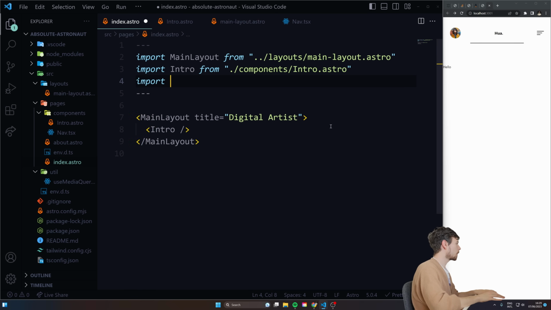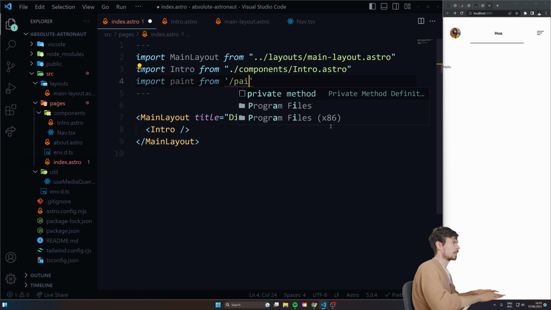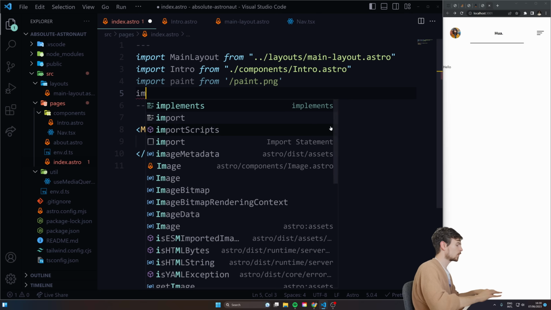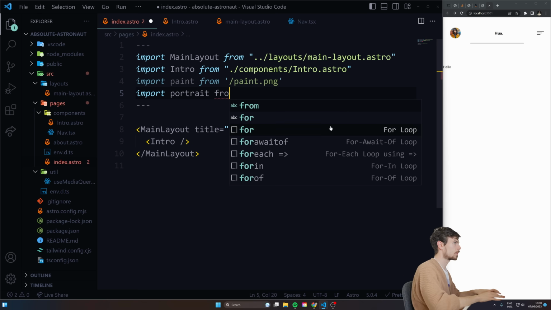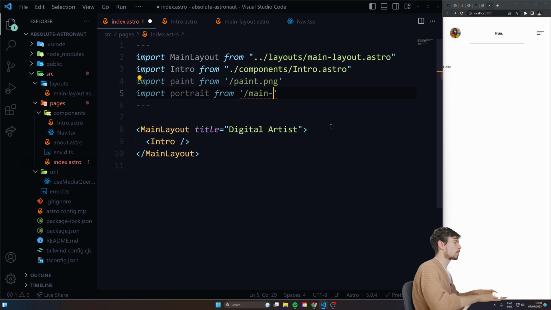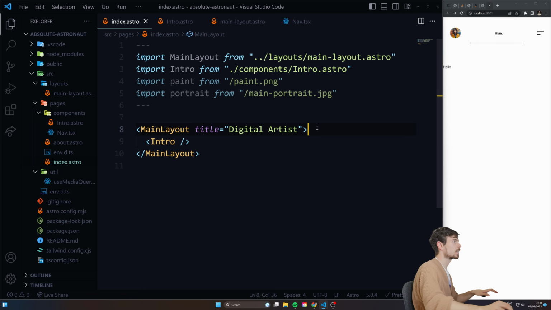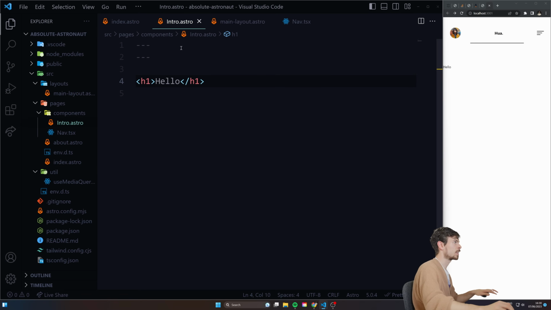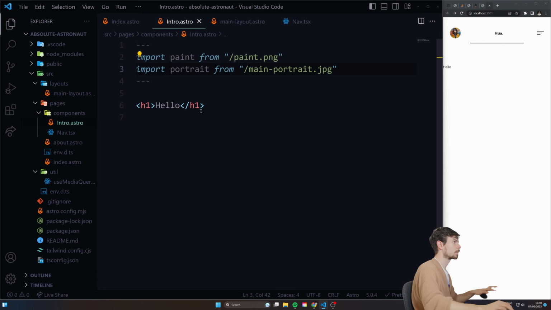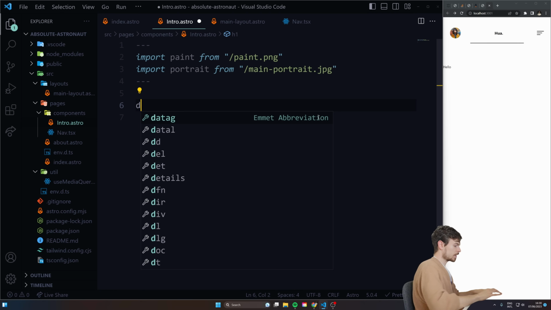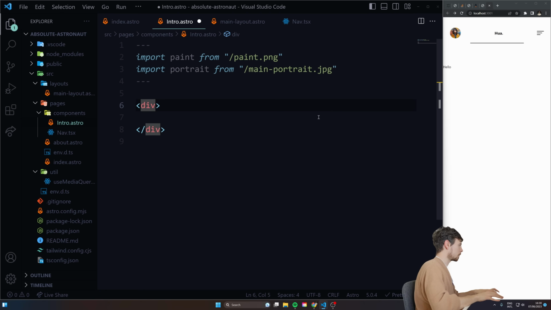So I'm gonna import paint from our public file. And this is just paint.png, and also the portrait picture. So we can say portrait from main portrait. Cool. Oops, that's not correct. It's main.portrait.jpg. Cool. And let's hit save. Oh, sorry, these two actually need to be imported in the intro up here. There we go. Cool. All right, so rather than having a hello here, we're just gonna replace this with a